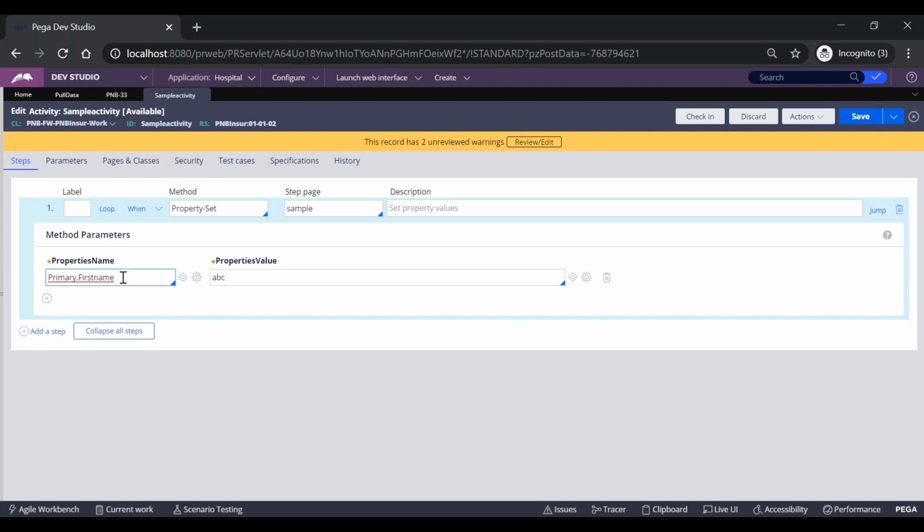So going forward, we'll be using this primary keyword, and based on that, we'll be performing all the operations. Suppose you want to perform